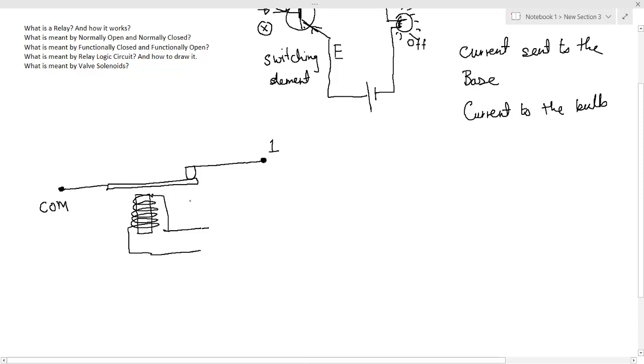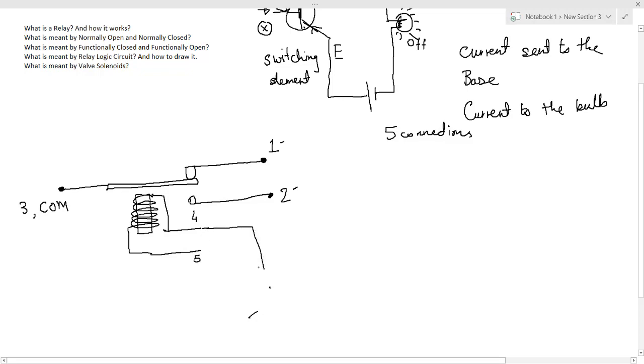In your relay there is also another terminal. Let us call this terminal 2. In a relay there are a minimum of 5 connections. Out of that I have shown you 3. This is 1, this is 2, and let us call this common one 3. There are 2 more connections which I have shown over here. This is connection 4 and connection 5. Currently I will remove this 4 and 5, but remember these are the 4th and 5th connections.